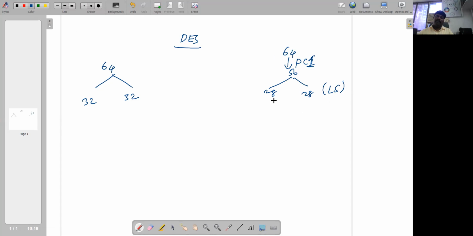So here we'll get 56, with 28 and 28. Using permuted choice 2, we'll get a 48-bit key.